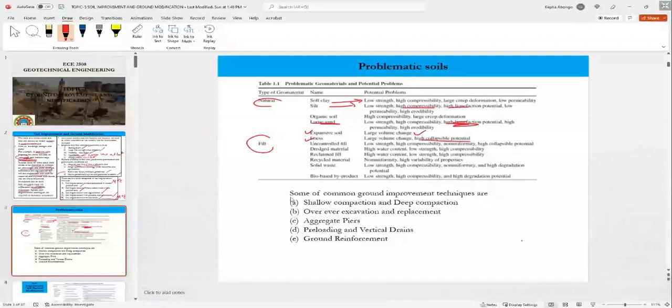Okay. So we have a lot of soil improvement techniques, and we will only cover a portion that we think